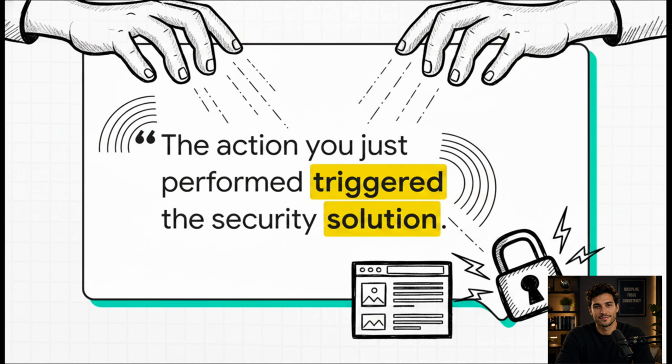You see, modern internet security doesn't just look for known bad actors on some static blacklist anymore. It actively looks for anomalous behavior, which means a perfectly normal person just trying to read a tech article can accidentally mimic a threat in a microsecond, prompting the system's defensive sensors to immediately drop the gate.